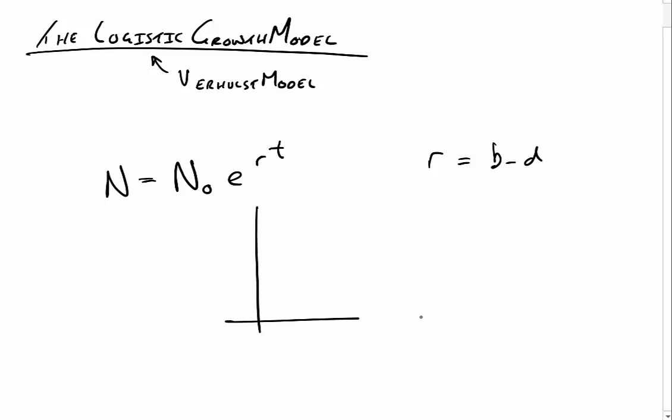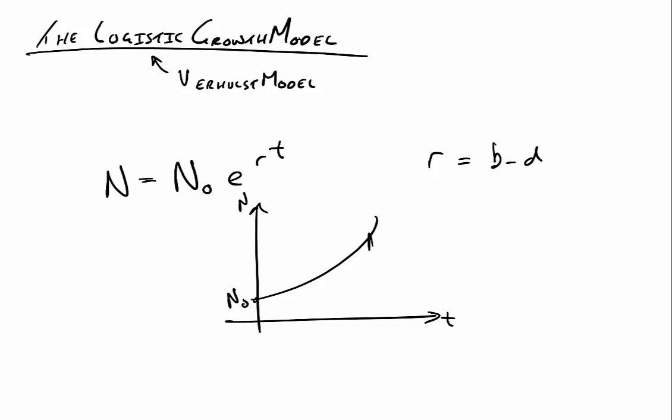If I just draw it out, we start at n0, this is n, and this is t. This is fine up to a certain point. But essentially, what the exponential growth model is saying is that as time increases, so should our population. If our population is increasing, then this model says that we should reach infinity, that we should carry on going to infinity. But we can't have an infinite population, right? We just can't have it,